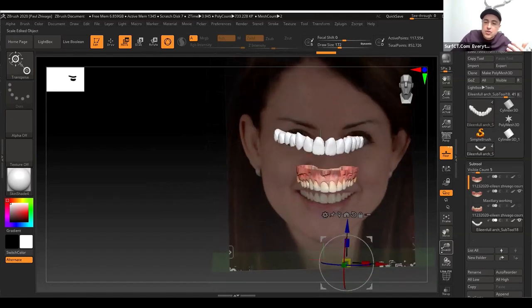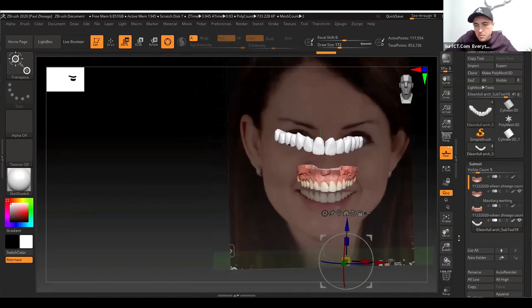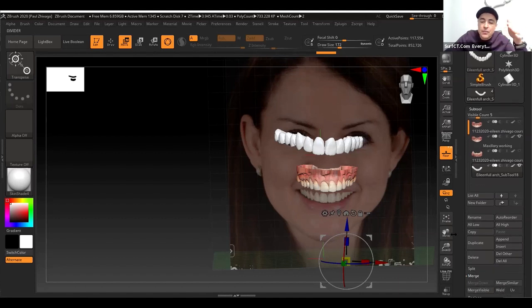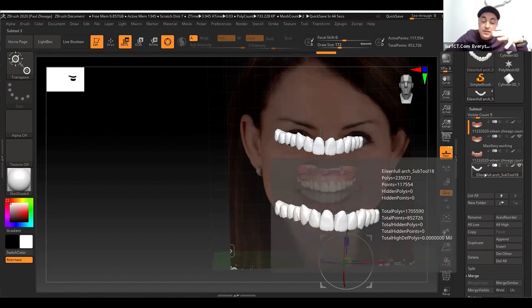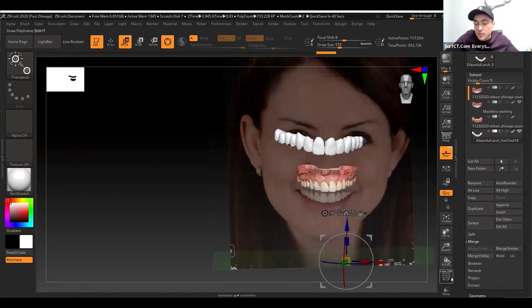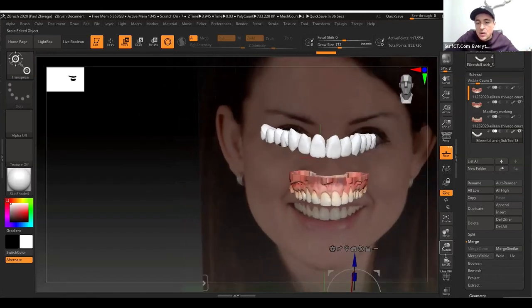Now, let me just show you something. This is a different workflow. It's basically setting denture teeth. It shows you a little bit how you can manipulate multiple objects and how you can group them in ZBrush and move them around to your liking, but that they still stay one subtool. So if you remember, we had this polyframe button here